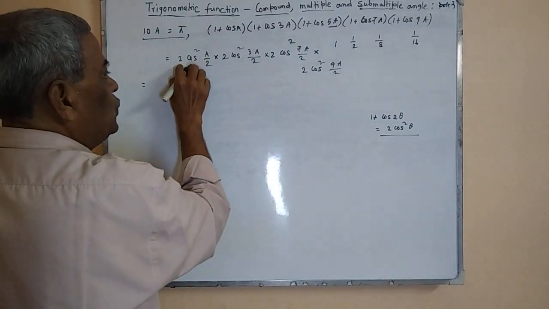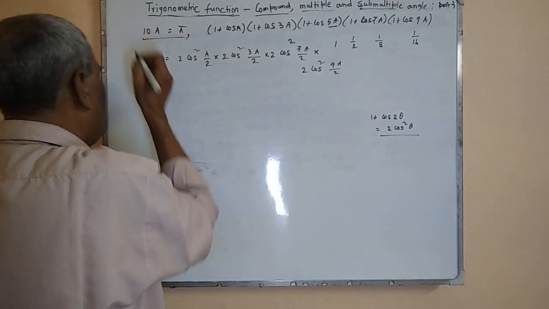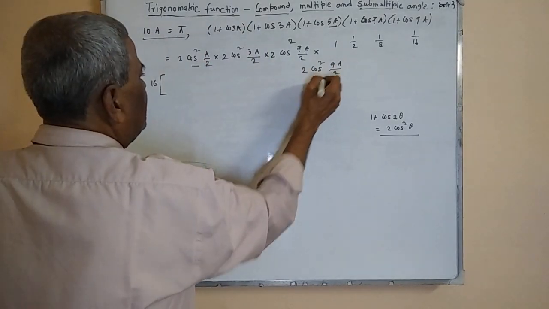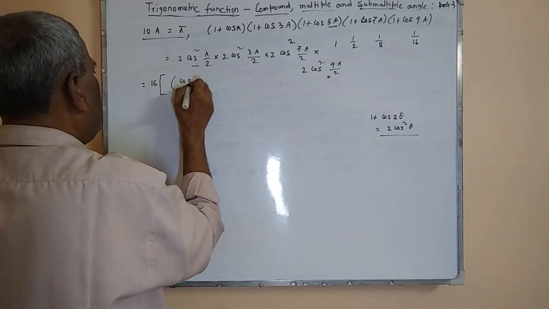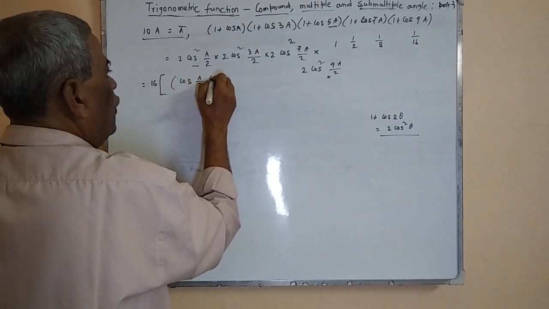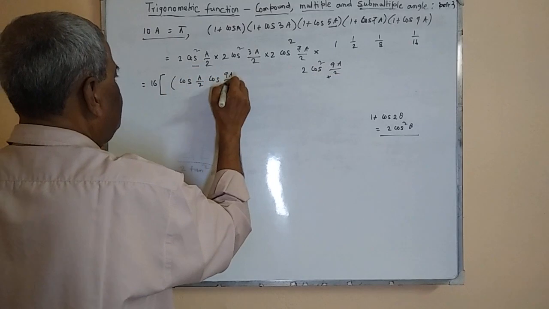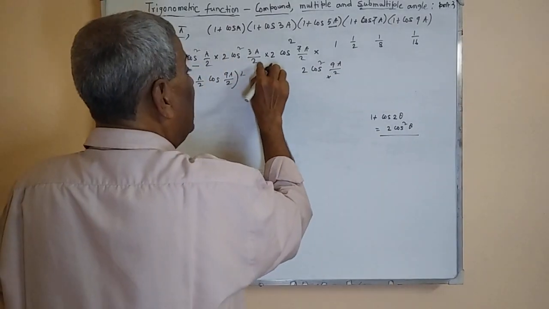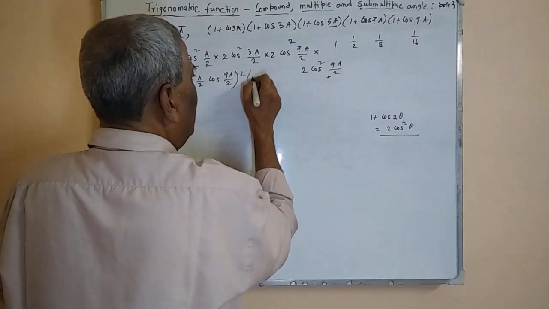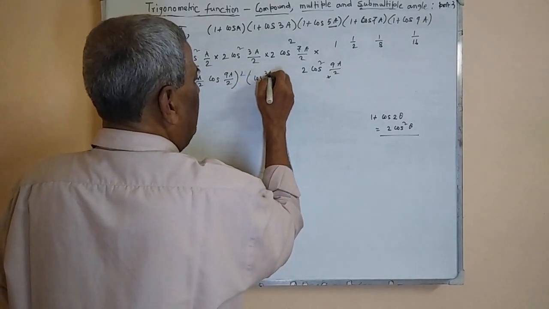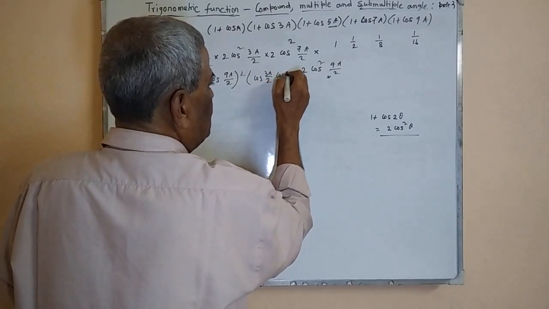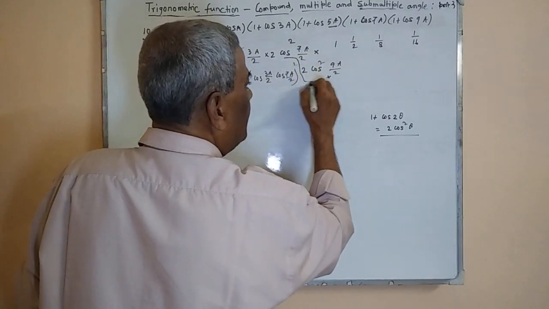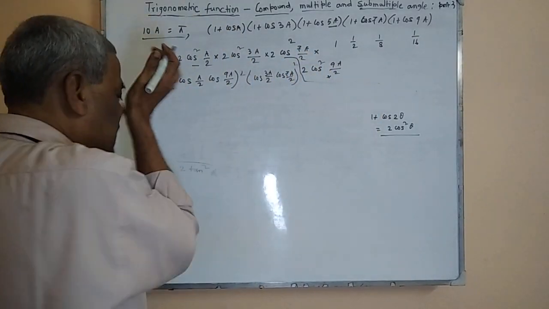Together, four 2's are there, so 2 to the power 4 is 16. Now combine this with that, so it is cos A by 2 into cos 9A by 2, whole square. And combine this with that: cos 3A by 2 into cos 7A by 2, whole square, is equal to